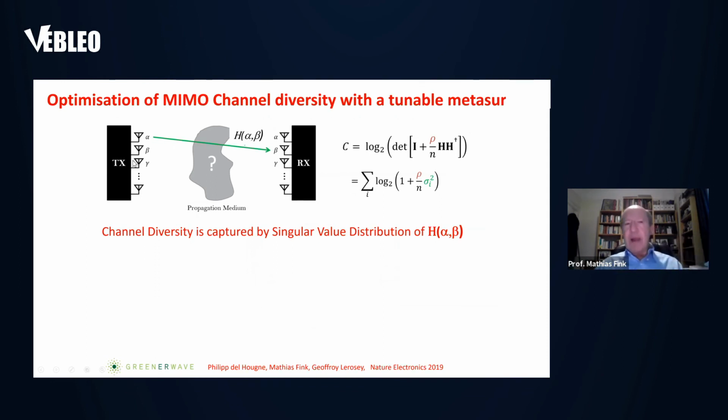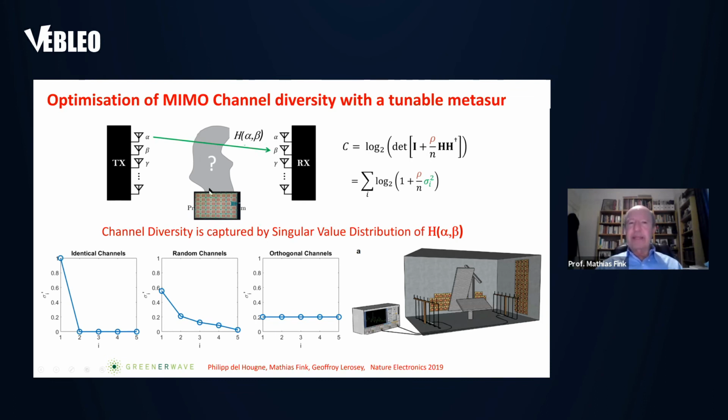Here I explained how I improve the communication between alpha and beta, two antennas only. But now, if I want to use a MIMO configuration, that is to say I have many antennas that transmit, many that receive, even in a collective way, I can look, if I have a propagation medium, which is my room, it is not a perfectly random medium, as you remember, to improve the communication. But now I can add on the boundary of this medium my controllable metasurface. And I can do the following.